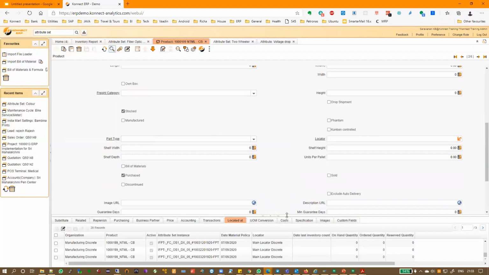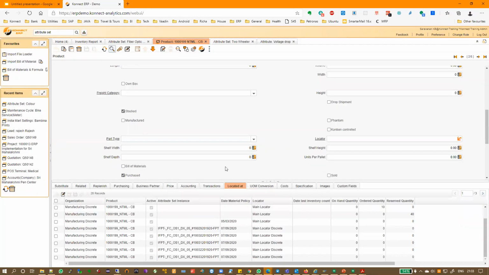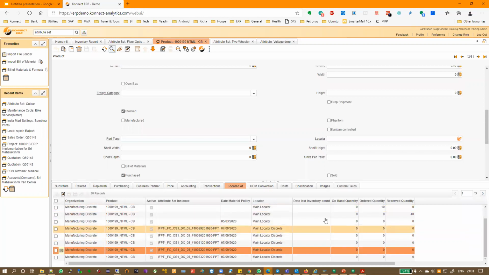Now, if you look at this, there's a tab called located at. That means which organization, which locator, what is the quantity that is there. Okay, so in all of this, we see there's different date material policy. There's a different attribute set instance, and that one you can see the ordered quantity, on hand quantity, etc.